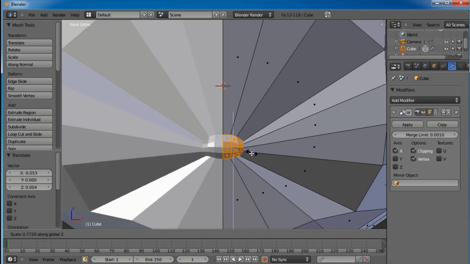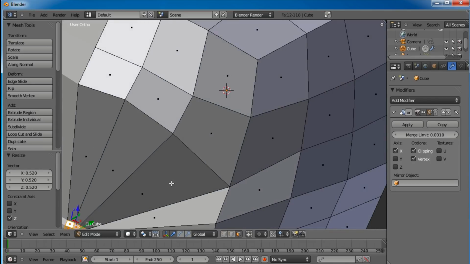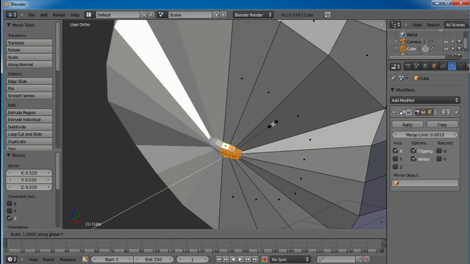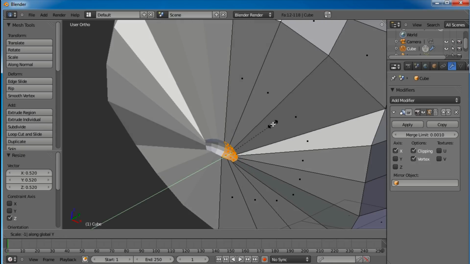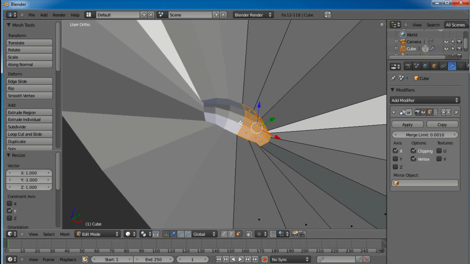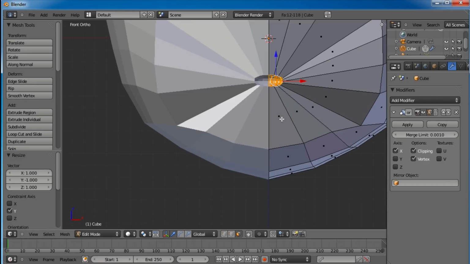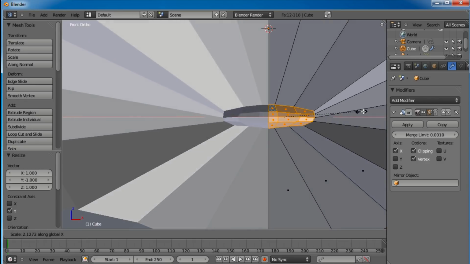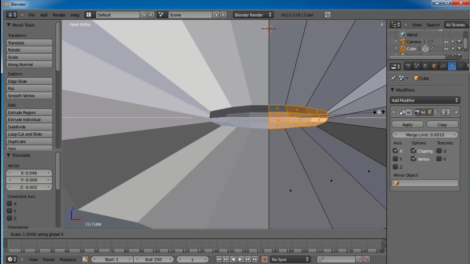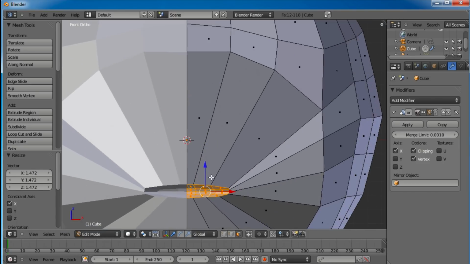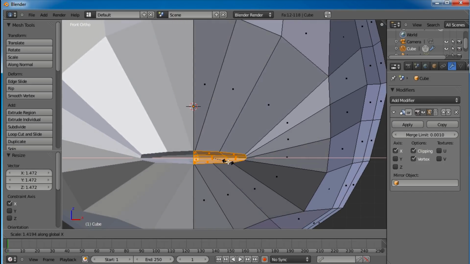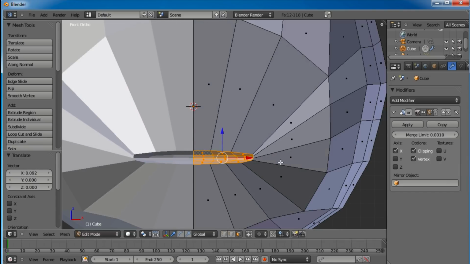Okay. And let's go ahead and scale it on the y-axis -1 time, to kind of give us an indentation there, and we can kind of treat that as the mouth. Speaking of, I guess we can scale it a little bit bigger on the x-axis there. This will be the mouth